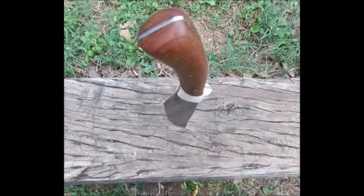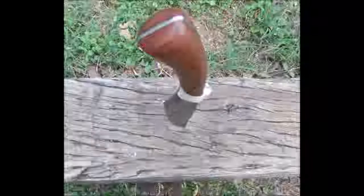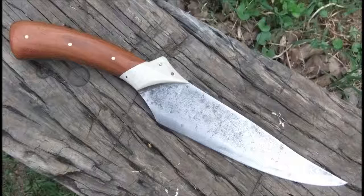And the shape is mostly reminiscent of a fighting knife, although it does lack some of the elements which are most common in fighting knives, most notably the clip point and the guard. There is no guard. It has a bolster that goes straight from the blade to the handle, so there's nothing to really protect your hands, but it could still be effective as a fighting knife simply because of the size